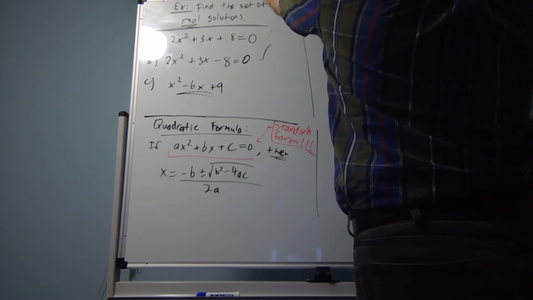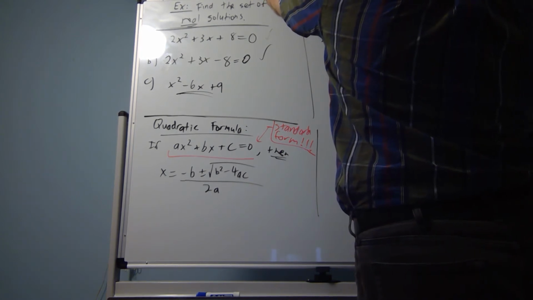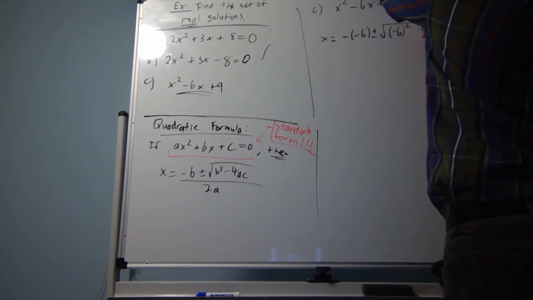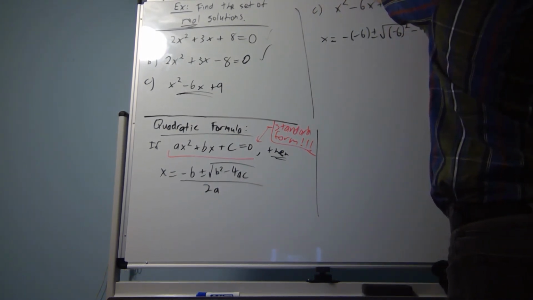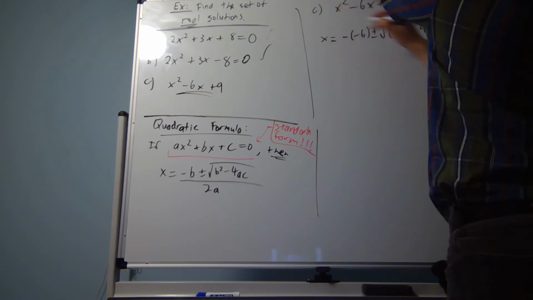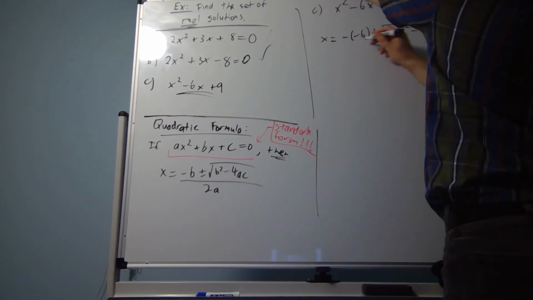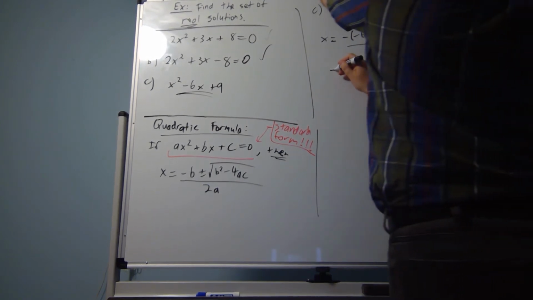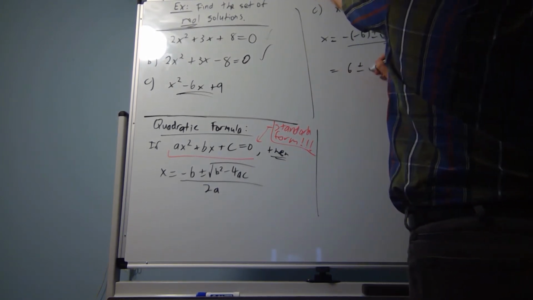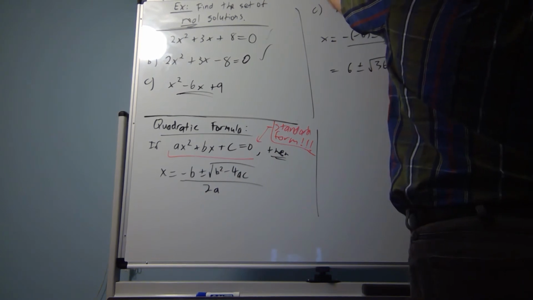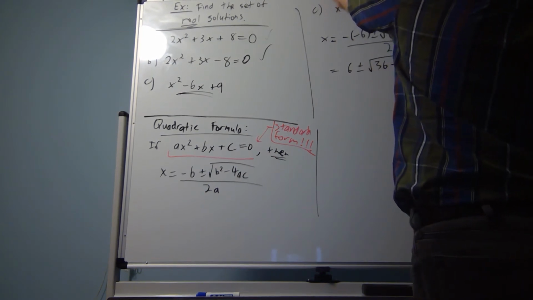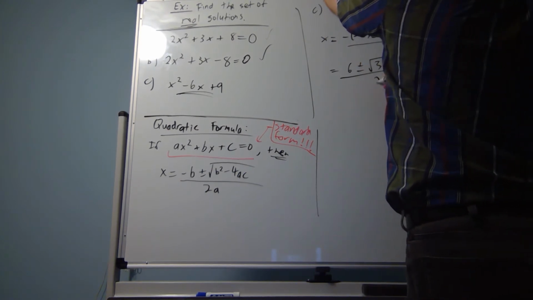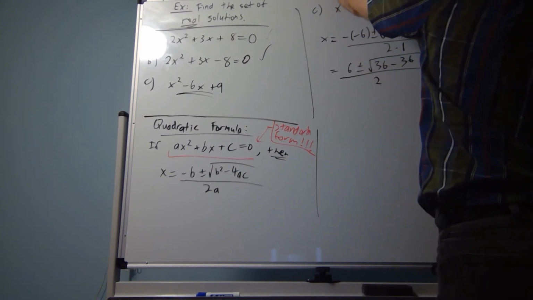So this x is negative b plus or minus the square root of b squared minus 4ac, all over 2a, where a is equal to 1, b is negative 6, and c is positive 9. You get 6 plus or minus the square root of 36 minus 36, so that's pretty funny, but that's the square root of 0, which is, well,